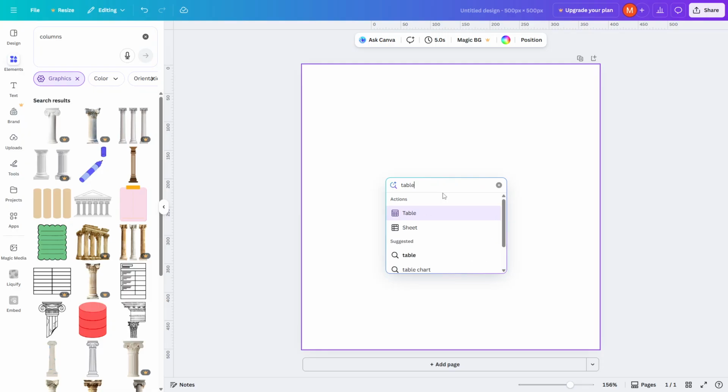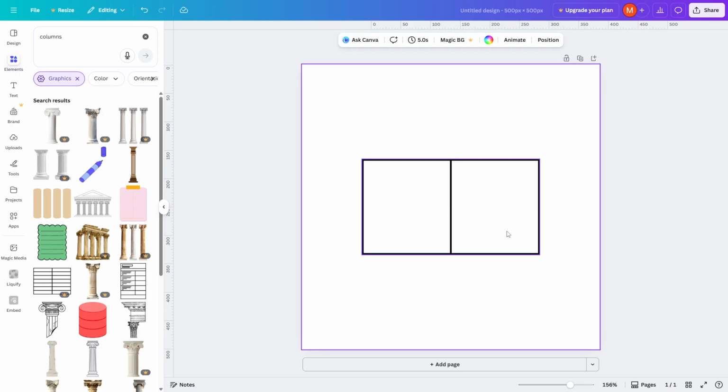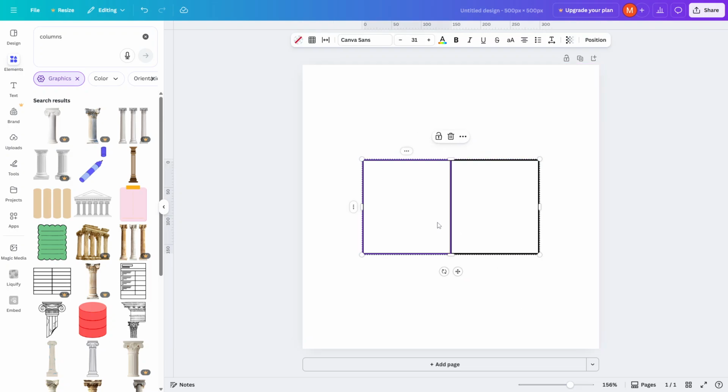You might be wondering why we're using a table, but it's because tables in Canva provide a flexible, structured grid that helps organize your content into neat rows and columns. Look for the option titled To Column and click on it. This instantly gives you a simple two-column structure that's perfect for side-by-side comparisons, text and image pairings, or dual content